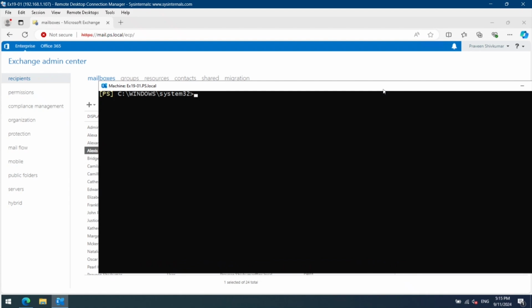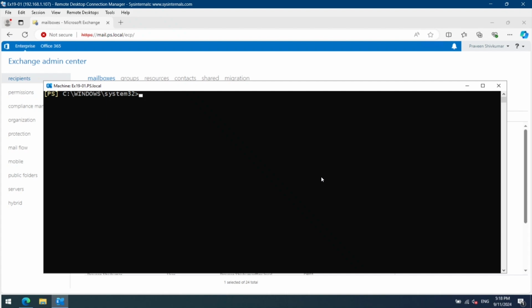However, when you have to change the mailbox quota for multiple mailboxes, you may have to use PowerShell. As an example, I am going to change the mailbox quota for all the users who are having the title as managers. So let's create a variable called $manager, and we will use the Get-Recipient cmdlet, and we will provide ResultSize unlimited,